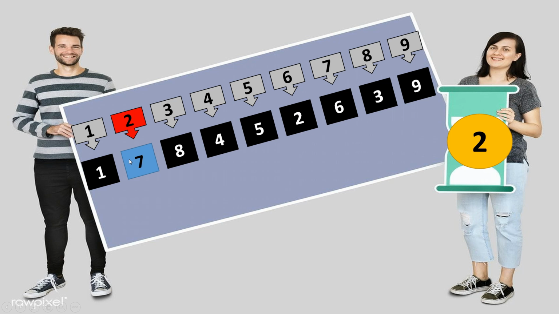So we need to swap the item from the second position to the 7th position. In the 7th position, the number 6 is present, so we need to swap both numbers. Now in the second position, 6 is placed. Now the last displaced item is 6. The 6 is also not in the correct order.